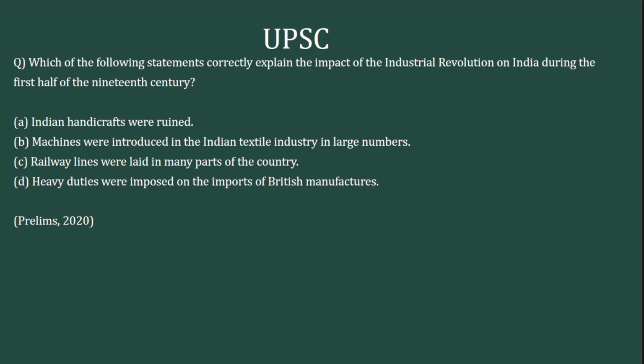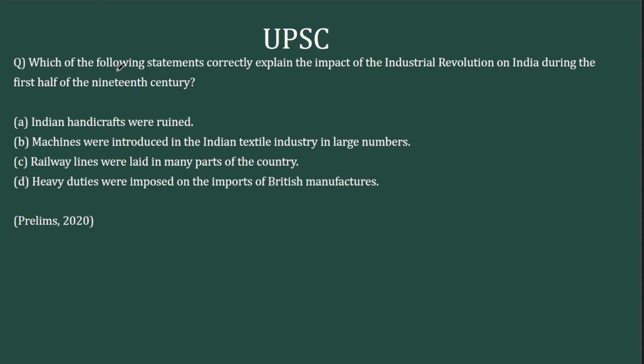So we should keep in mind that industries in India were limited and the British never tried to promote industries in India. What they tried to do was to take the raw materials from here, take it to Britain, process it there, build industries there, give employment there, and bring back the finished product to India. So India will be a market: supplier of raw material and market for finished goods. This is the drain theory of Dadabhai Naoroji, and this is what happened during this time period. Keeping this theory in mind, let's go to the questions.